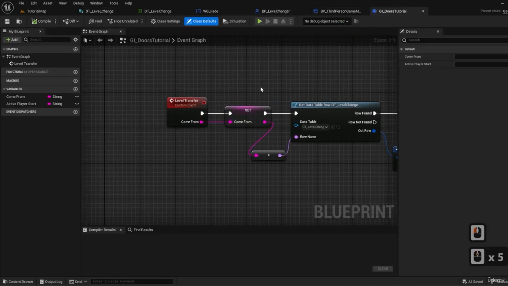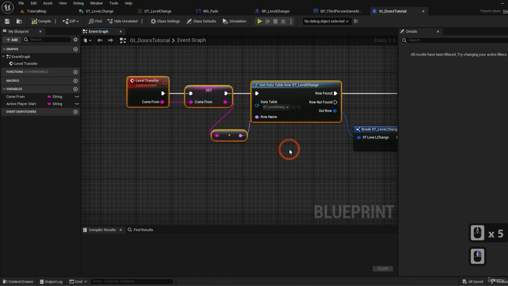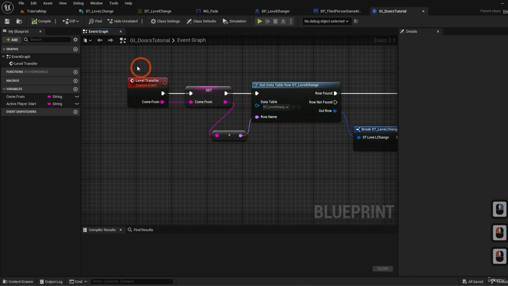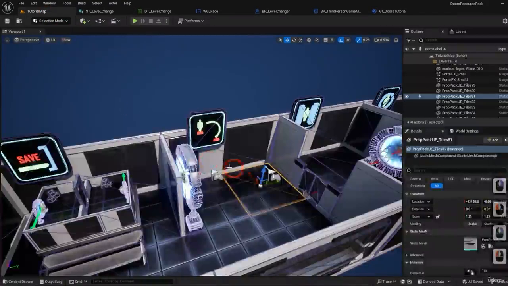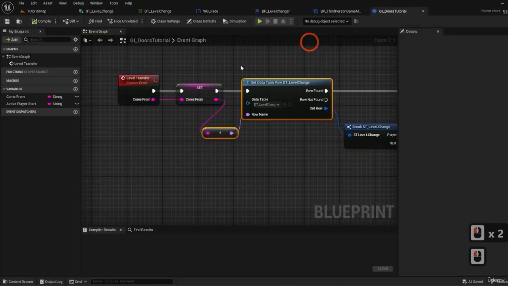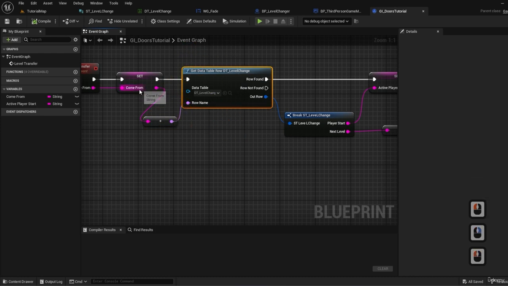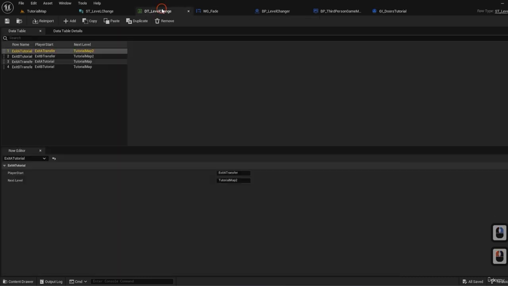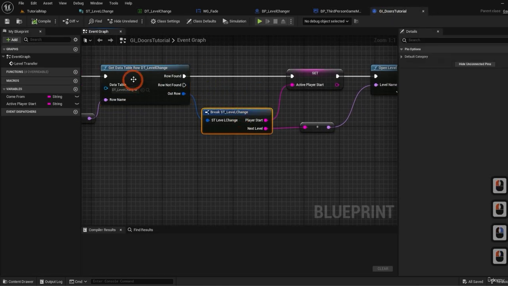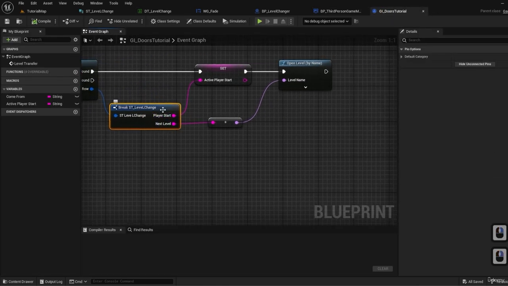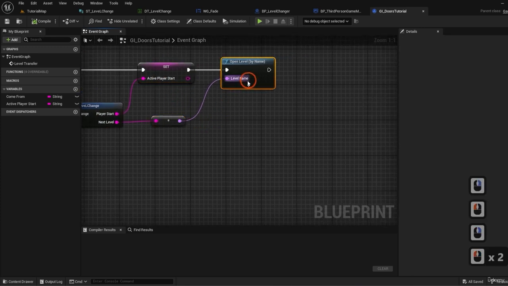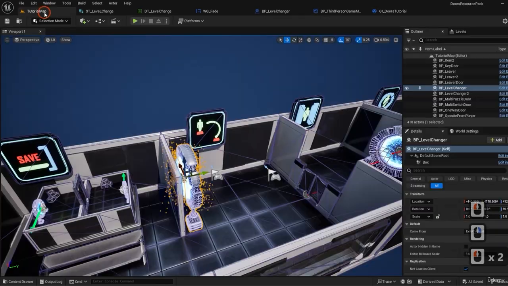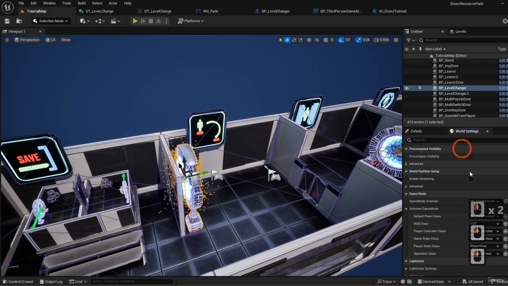in the game instance, which we said again that it's a global blueprint, and we created the level transfer that you come from. The come from comes from the gate, and we get that come from which corresponds to the row name of the data table, and we get an output of that row. Through the columns, through the structure, we get the next active player start, and we open the next level. Now, when a level opens, we override the